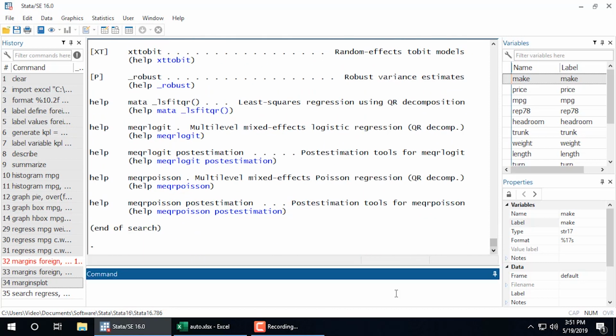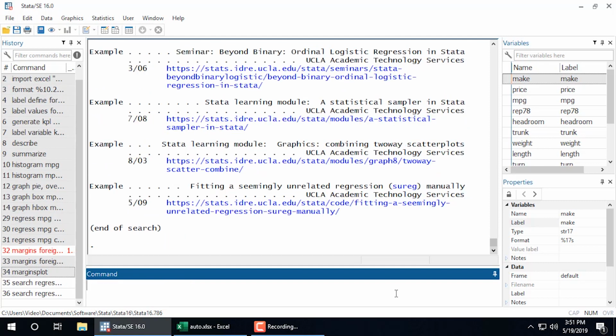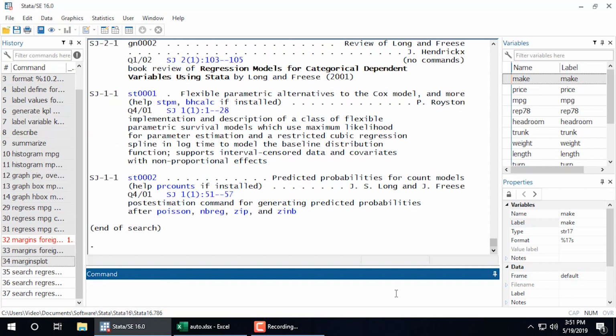If I wanted to search the frequently asked questions, I can type search regress, comma, FAQ, and this will search Stata's frequently asked questions. And if I wanted to search the Stata Journal, for instance, I could type search regress, comma, SJ, and that will show me all of the occurrences of the word regress in the Stata Journal.